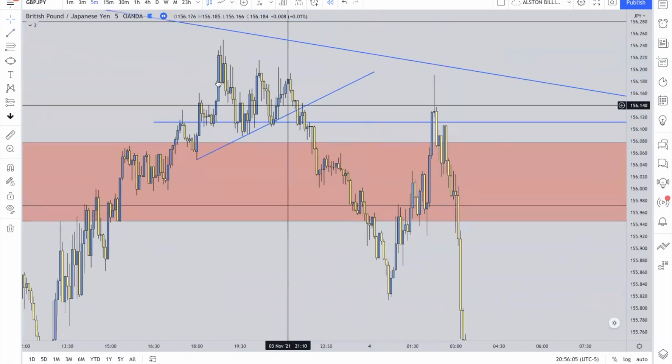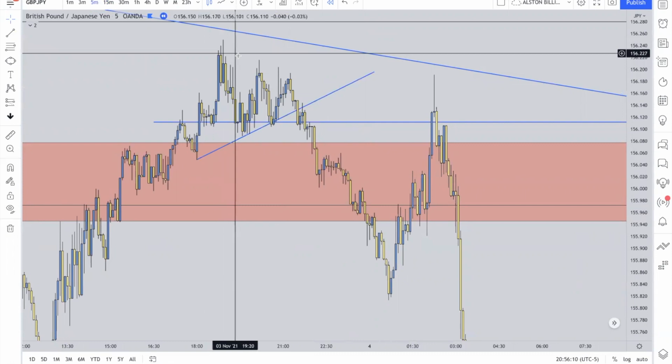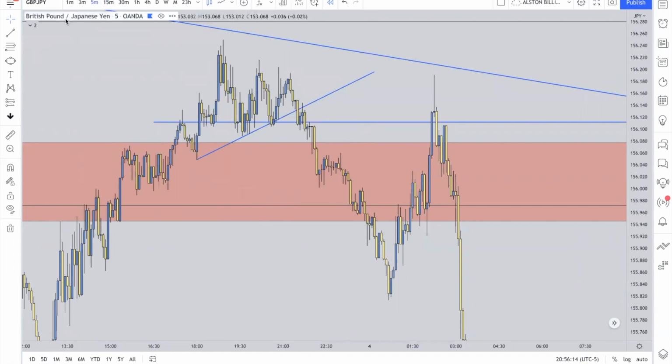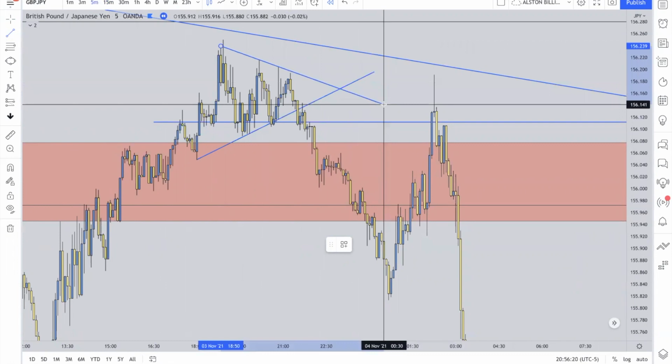Cool. So as you can see on the 5-minute time frame, there's a lot of top wick rejection. But if you look closely, we're getting lower lows being formed, which is an indication telling me that the momentum, or we're getting strength build up from the sellers, right? And also it forms some sort of